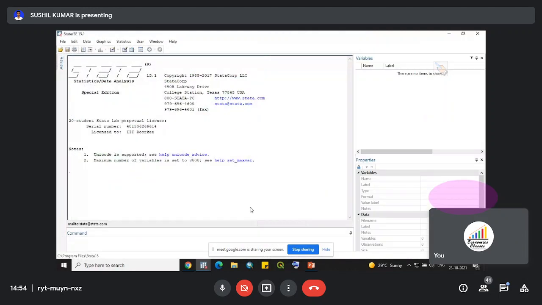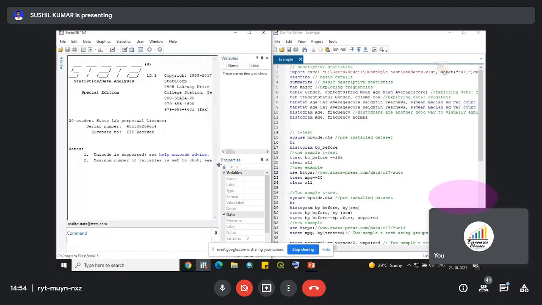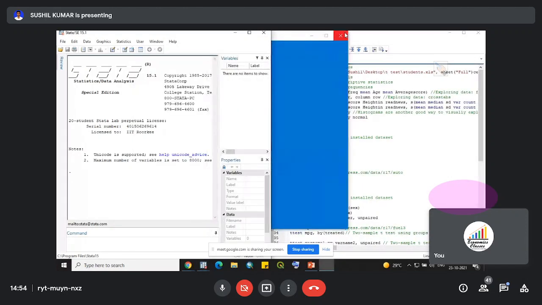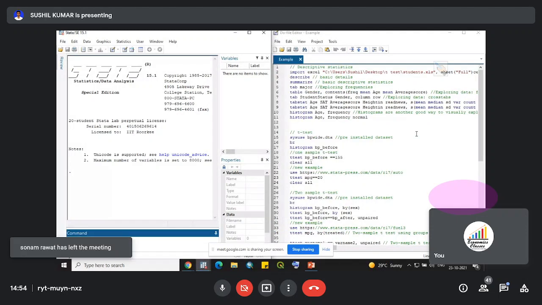Here you can see, this is a do file where you can write all the commands that have to be performed, or you can first write all the commands on one side and sequentially run them in Stata. Before going to descriptive statistics, first of all I would like to import a data set and show you how the data will look in Stata.